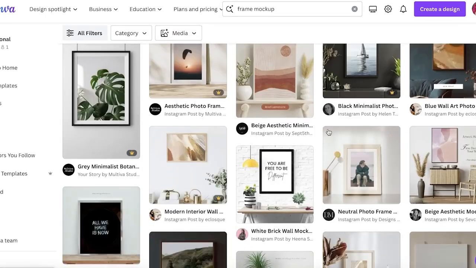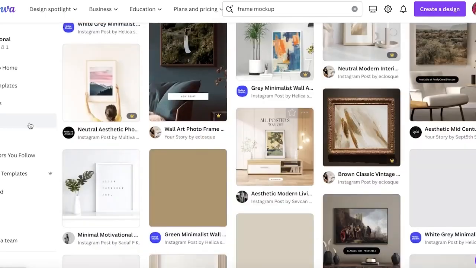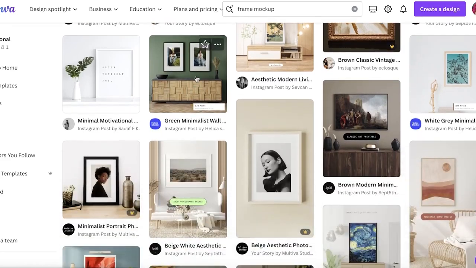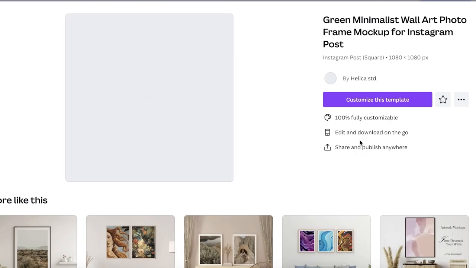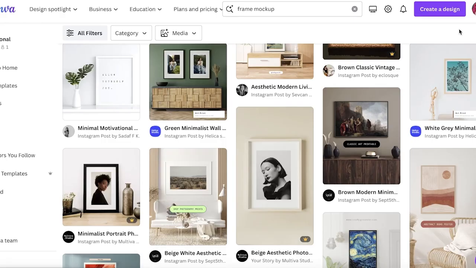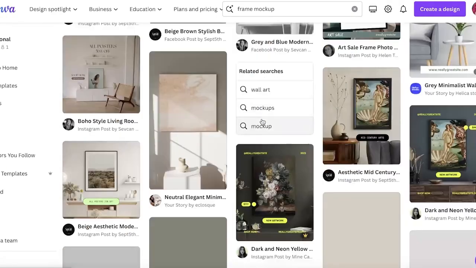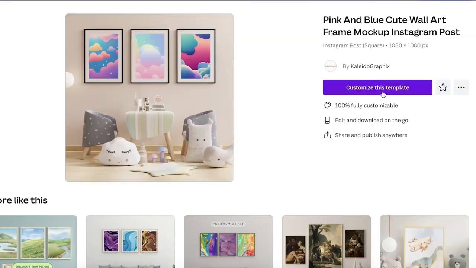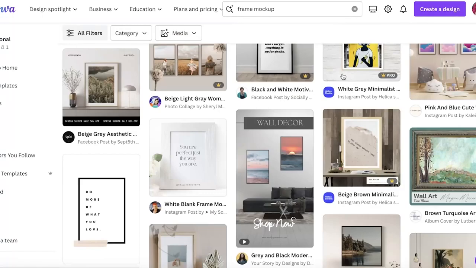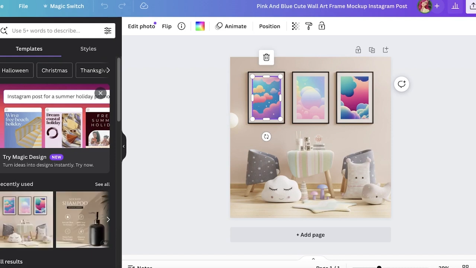And you can build your own mockups as well. This is totally dependent on how much effort you're looking to put in. But taking a look at one of these ones over here, we can take this one as well. You can scroll down and look at some of the other templates available. So I'm going to take this one over here. This is already a 3-frame mockup, you could say. And then once we have this, we're just going to